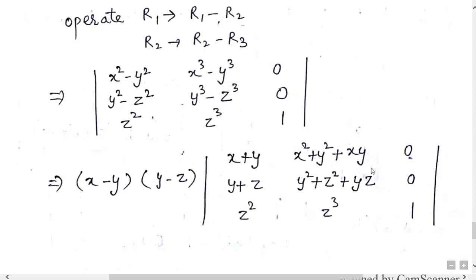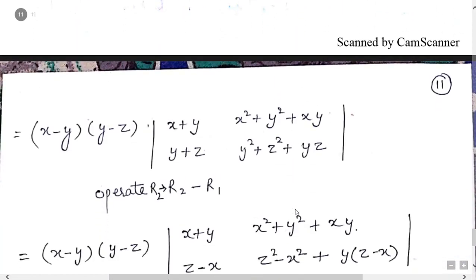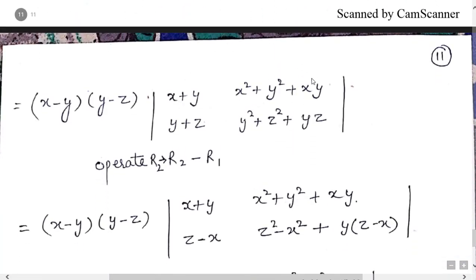Hope you understand the content. If you do not understand the content, then I repeat again. The value is a cube minus b cube. Factorization is a minus b into a square plus b square plus ab. If I take a minus b common here, or x minus y common here, inside x square plus y square plus xy is there. Now this value is there if I operate, because two values become 0.